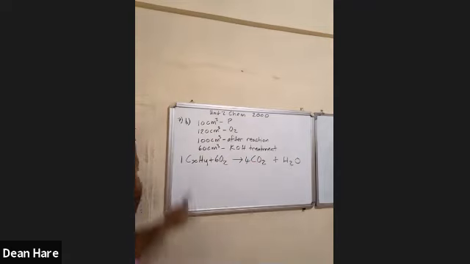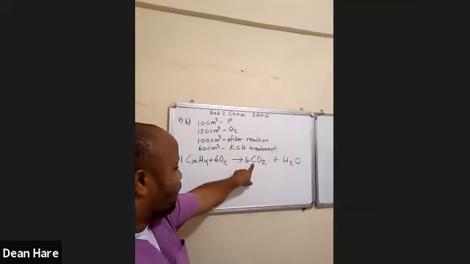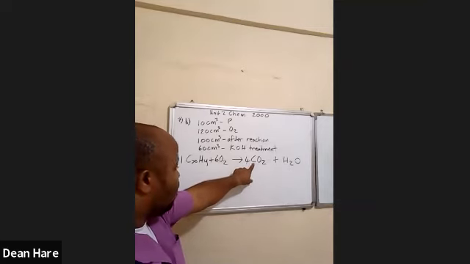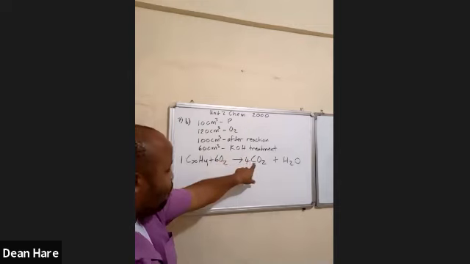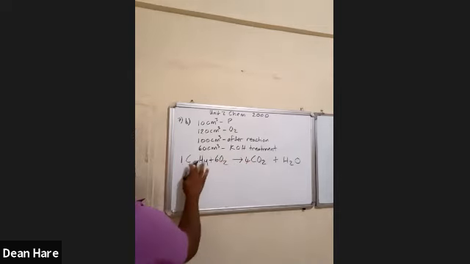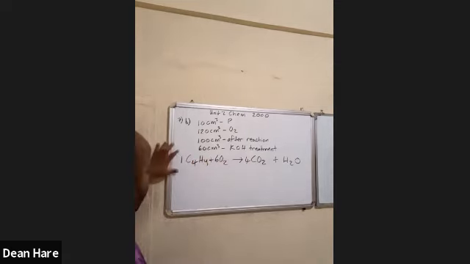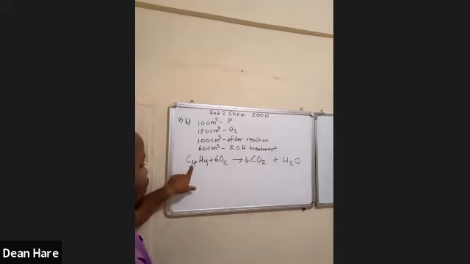Now, if 1 mole of the hydrocarbon produces 4 moles of CO2, the source of carbon in CO2 is the hydrocarbon. So if 1 mole of the hydrocarbon reacts to produce 4 carbons, that means the amount of carbons in the hydrocarbon must be C4. And remember, if you have 1 mole, you don't need to put the 1, right? So 4 carbons are in our hydrocarbon. So once we figure out that,